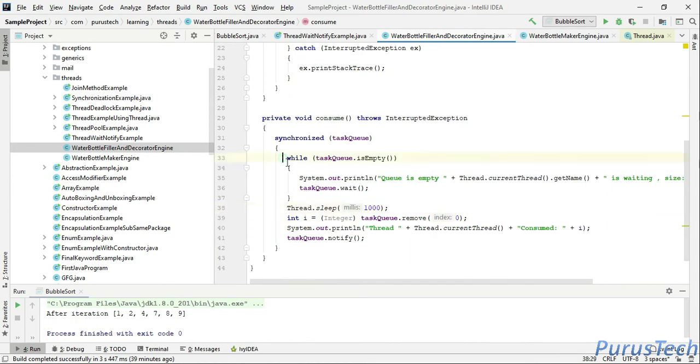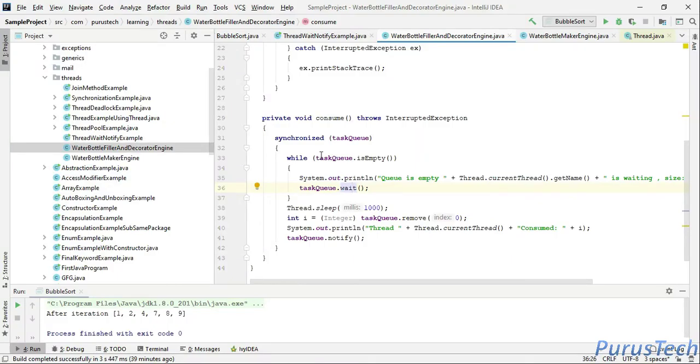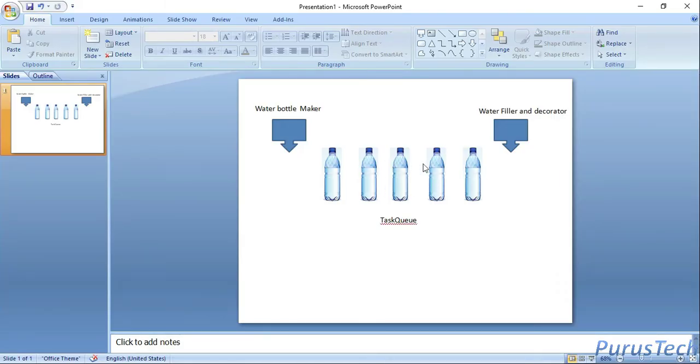Here also you will see one more while loop. If the task queue is empty, what does it have to do? It has to wait on the lock object. Let's assume there are no bottles here, then this water filler has to wait. That is its significance: task queue is empty means there are no bottles, so it has to wait.